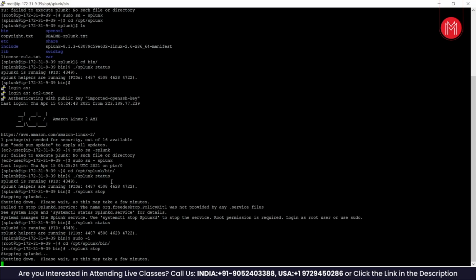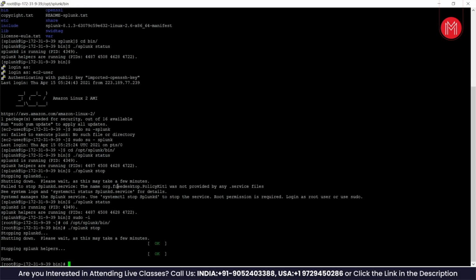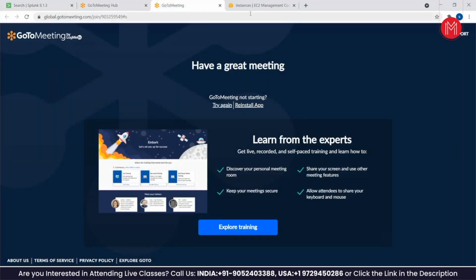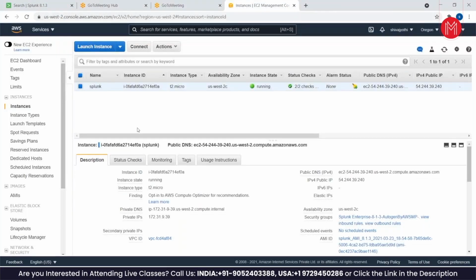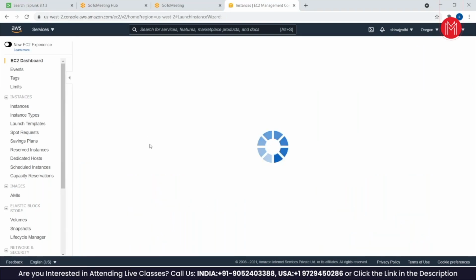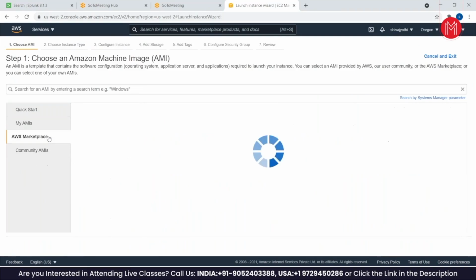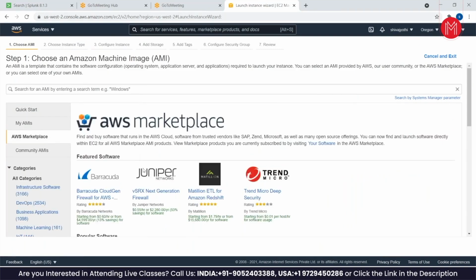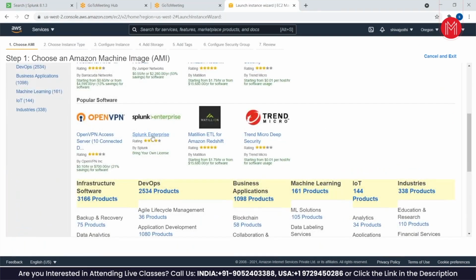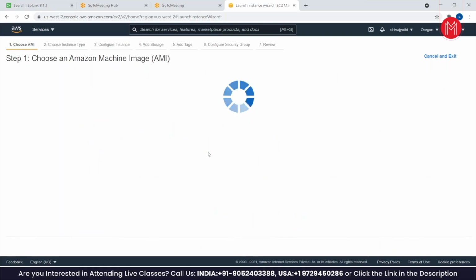Okay, it did not allow me to stop it because I have installed my Splunk from Amazon Marketplace directly. So if you don't want to add the Splunk software directly, what you can do is launch the instance. Go into Marketplace and click on Splunk Enterprise